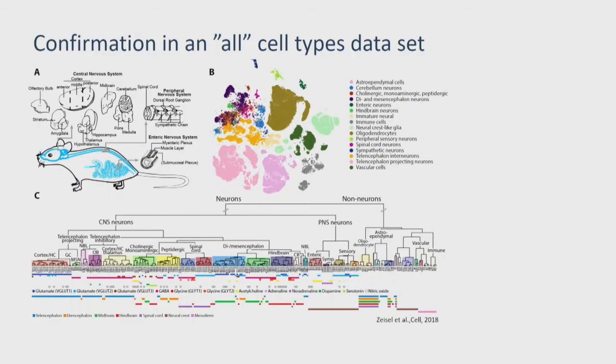So I want to talk a little bit about the new study that we have on bioRxiv. We now moved from a data set where we only had a few brain regions. In the meanwhile, together with my collaborator, Sten Linnarsson, we published a new paper where instead of 15,000 cells, we had 800,000 cells, single cell sequencing from the entire nervous system of the mouse. So we took the entire nervous system. This is what it looks like when you do a tSNE plot. We classify them into cells.